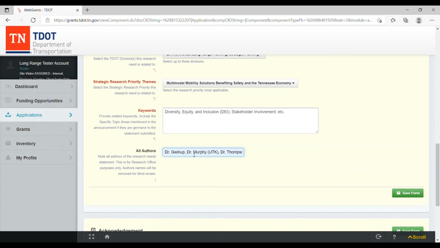What we'll want to make sure of is that if there's anybody from outside the organization that is applying and wants to be considered as an author, please make sure to add their organization separately, perhaps in parentheses, something to denote where someone else might be. This may seem redundant, but we do need you to provide all of the authors again for when we submit